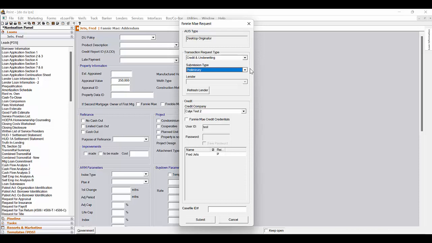Below that is a credit section. Some credit companies have separate credentials for running credit and also for running Fannie Mae. If your credit company is one of those, you would select it from the drop-down, and then you can click the Fannie Mae Credentials checkbox, which will then allow you to enter the Fannie Mae ID and password for your credit credentials. If you don't know if your credit company is one of these, please reach out to them and